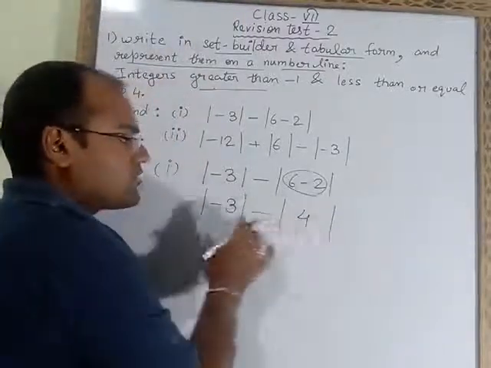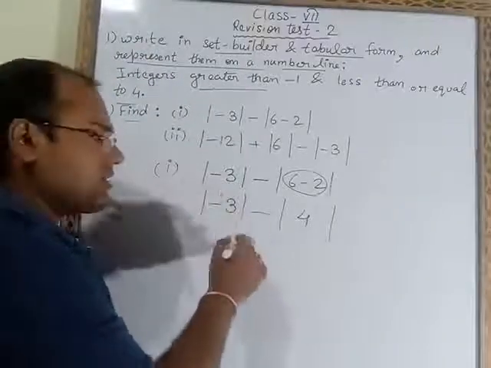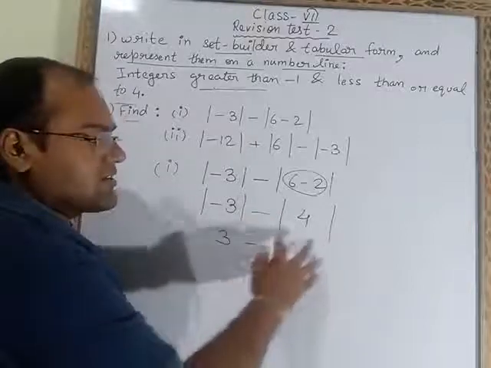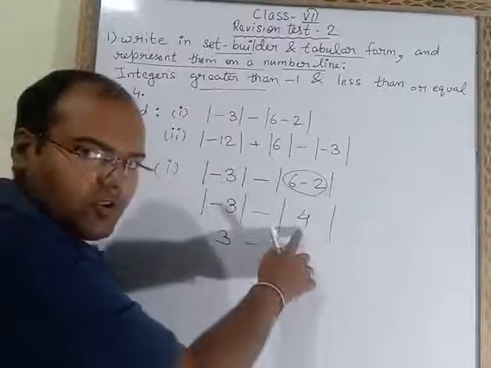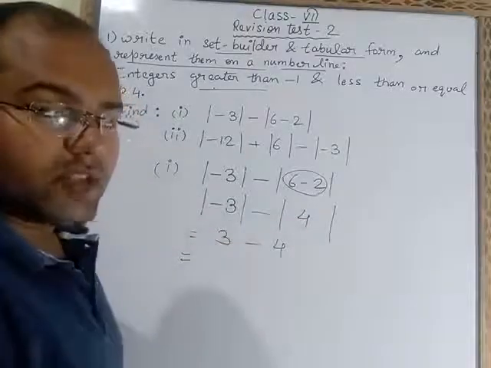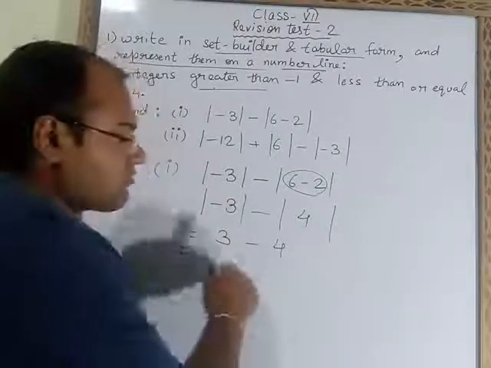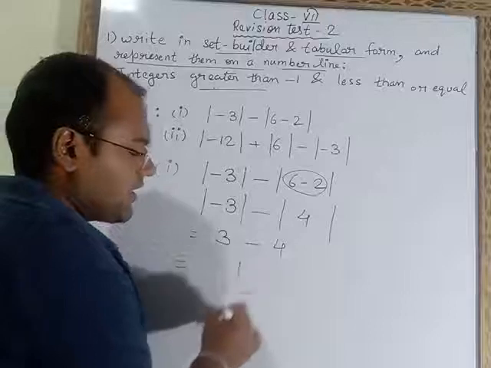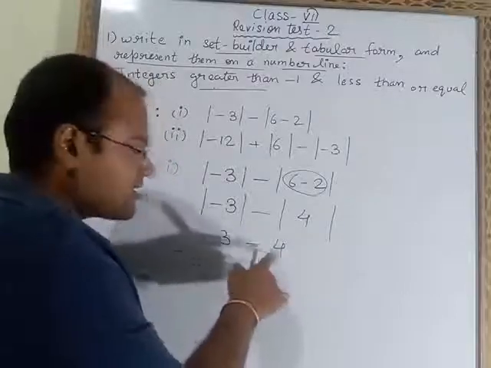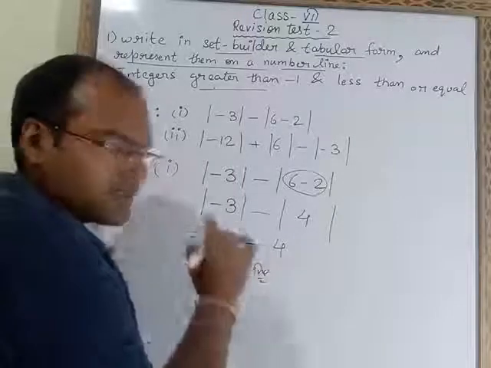Now we will remove these two absolute signs. When we remove this absolute sign, this minus sign will also get removed. So we have to write 3. This minus sign we have to write as it is. Inside this absolute what is written? 4. So this 4 we have to write as it is. Now what will be the next step? This is +3 and this is -4. Plus and minus, so we have to subtract these two. 4 minus 3 will be 1. Which one is greater here? 4 is greater and 4 is having the minus sign. The greater number is having the minus sign, so in the answer we will put the minus sign.